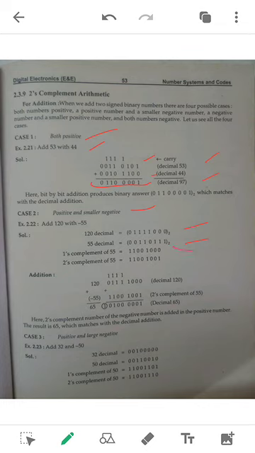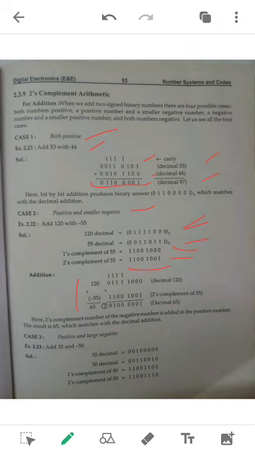Here you will get the step. Then the next one is the 2's complement. So the 2's complement will be 1100 1001. That is the 2's complement of 55. Then this 2's complement number has to be added with the 120 number. Here you can see 120 plus minus 55, you should get 65.